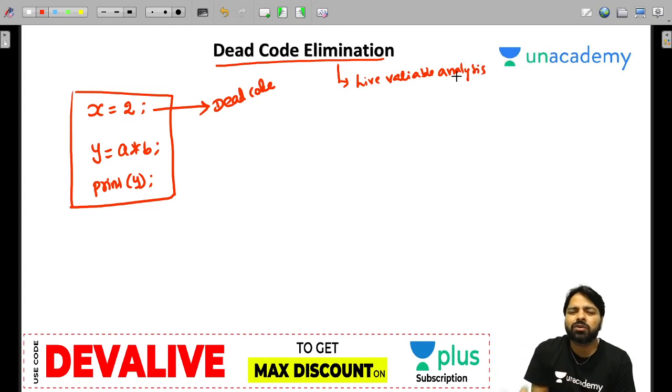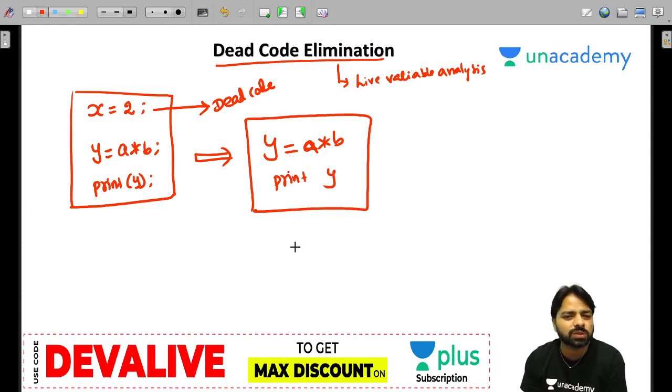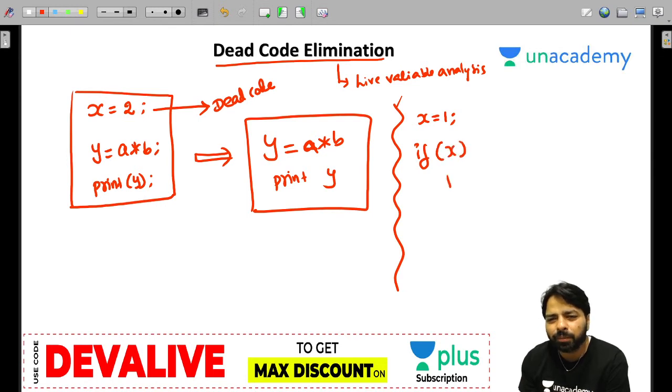There is another kind of dead code where you can simply write y is equal to a multiplied by b and print y. This code is enough. x is equal to something is useless. Another one: suppose you have x is equal to 1 and if x print gate.